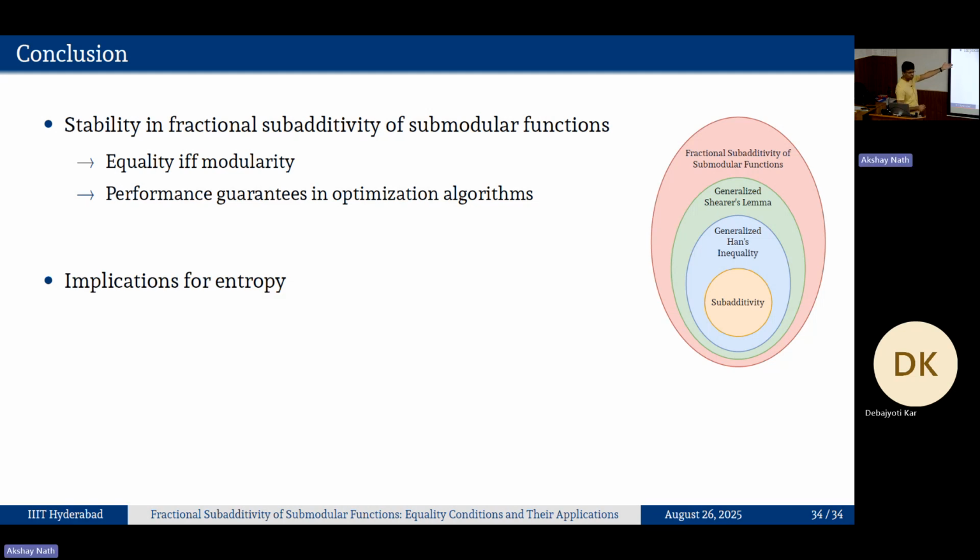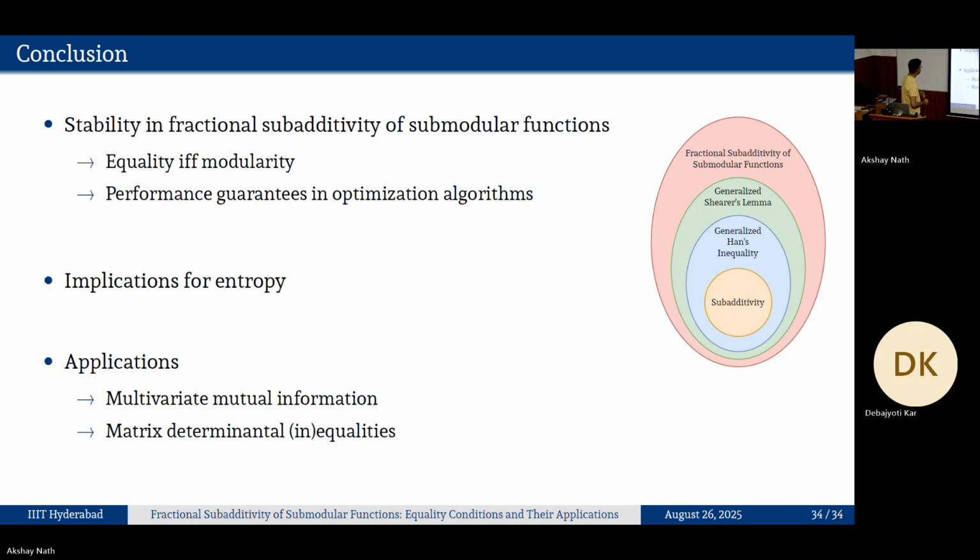The performance guarantees in optimization problems is exactly what you're talking about. If you have an optimization problem where the greedy strategy happens to be the optimal strategy for modular functions, and you know that the function is modular by checking the equality conditions, then you can directly apply the greedy strategy rather than